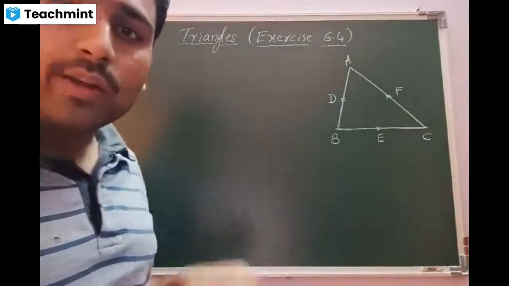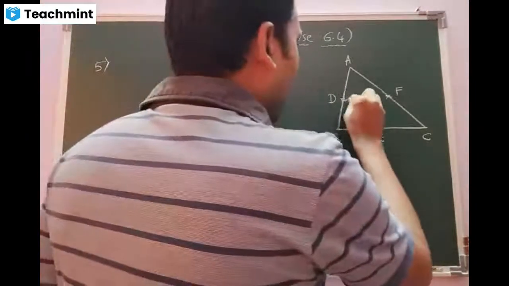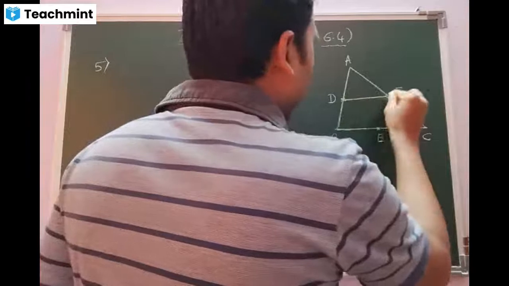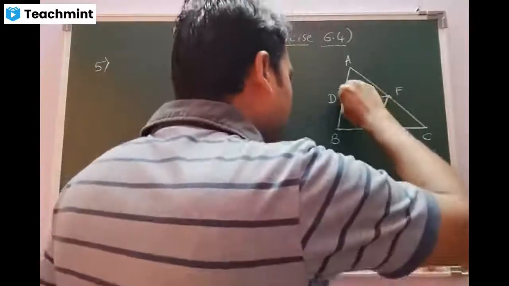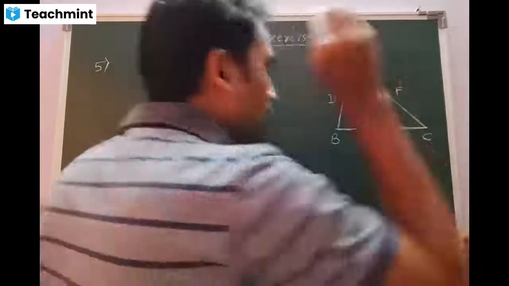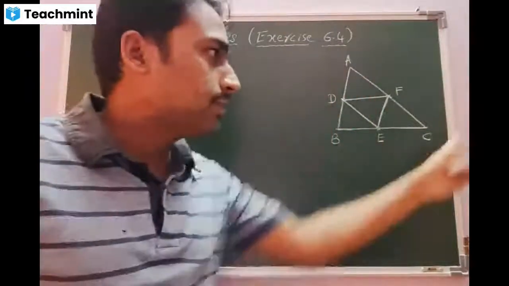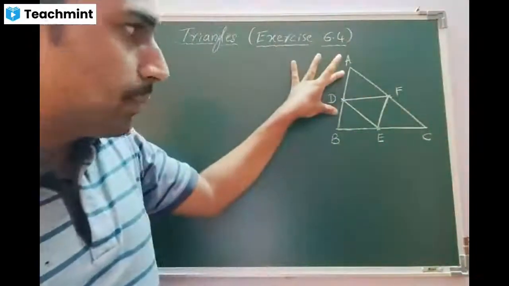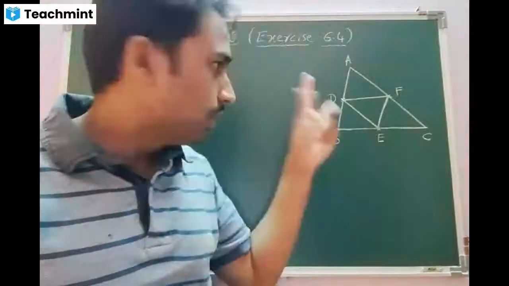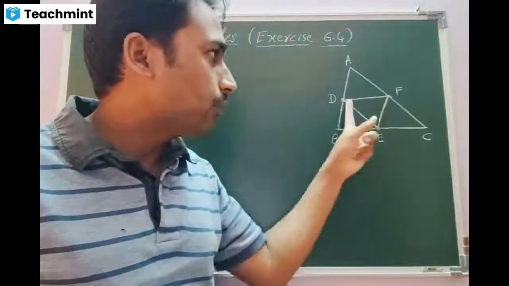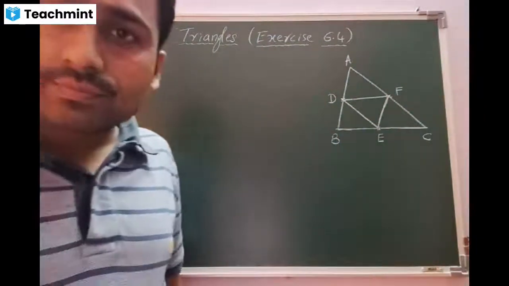And then, beta, we need to join all the three because this is a demand of the question. If they are talking about the triangle DEF, without joining these, we are not going to get the triangle. So join these points. This is the final diagram. Look at the concept. ABC is a triangle. D is the midpoint of AB. E is the midpoint of BC. And F is the midpoint of AC. Then D, E, E, F, F, D, all three are connected with one another.